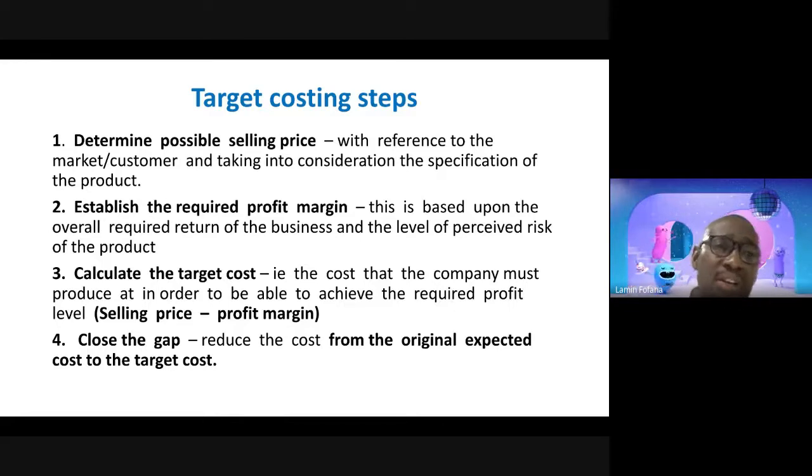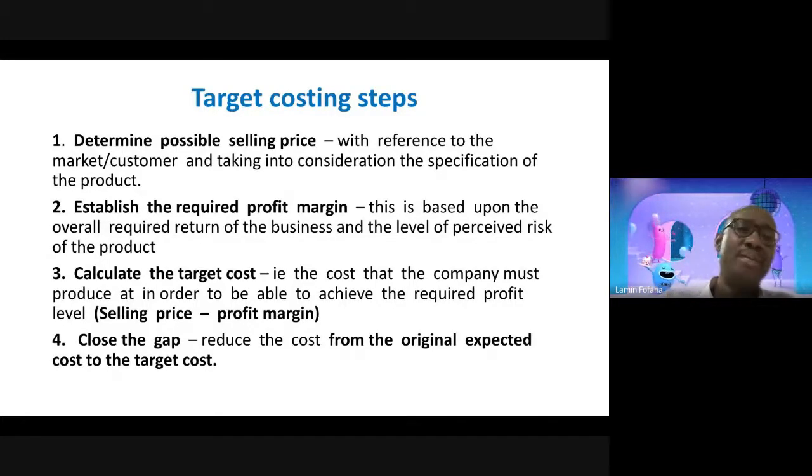So after calculating your target cost, you should try to calculate your cost ordinarily using your current costing technique, either ABC or absorption costing. Okay, so once you use that, you will always arrive at a total cost. So if that total cost, according to your normal costing technique, for example, the first step we discussed before, when you add your variable cost, when you add your overheads, whatever cost that totals to,